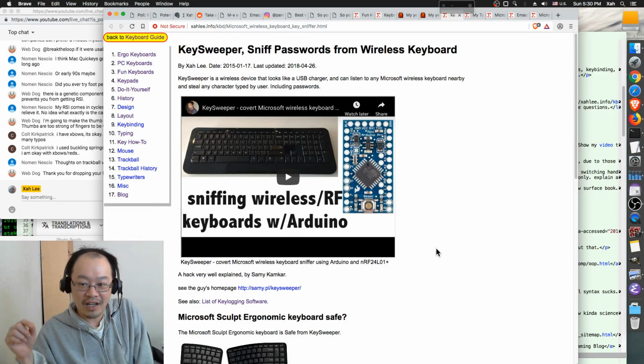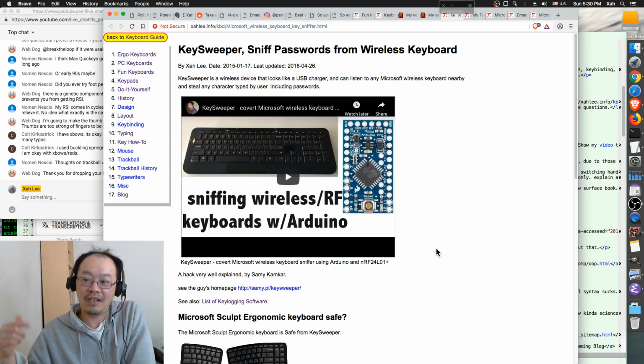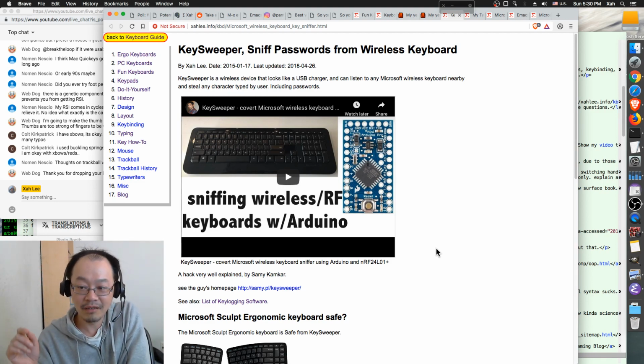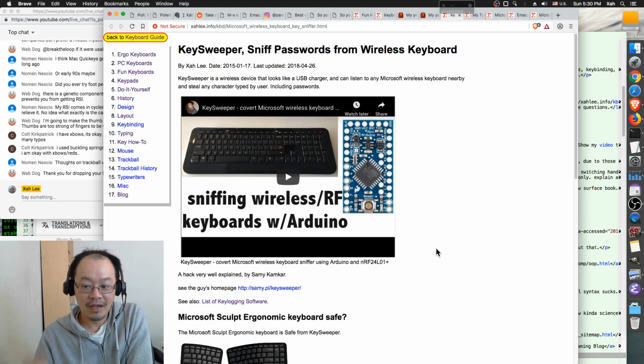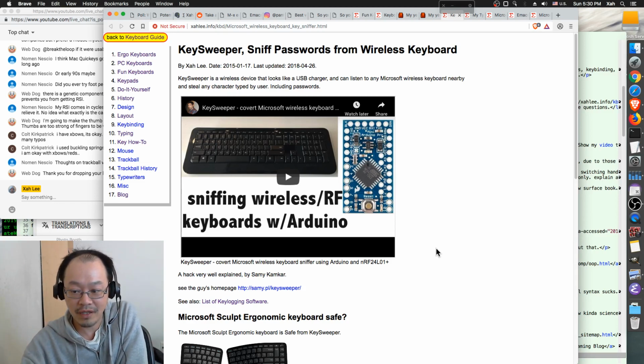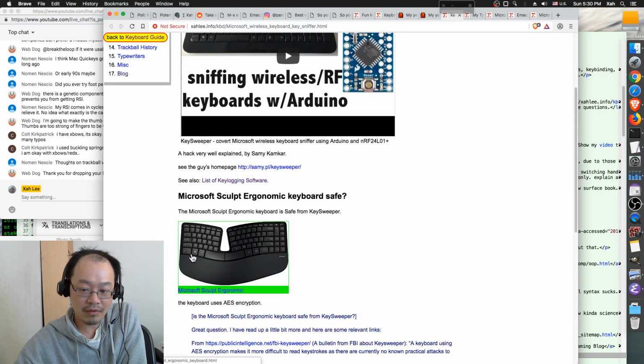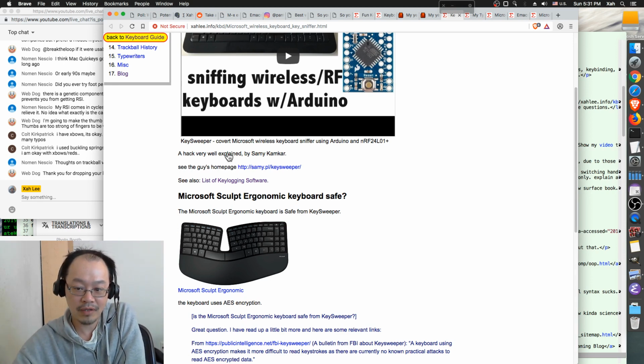You log their keystrokes and send them to your web server. This is real, but this was a few years ago, and newer Microsoft keyboards have methods to prevent that.